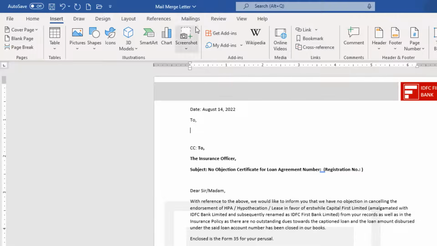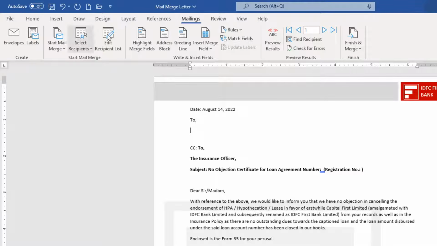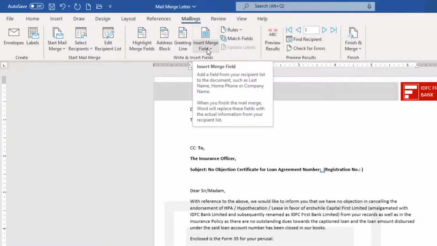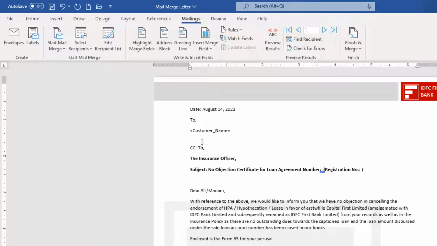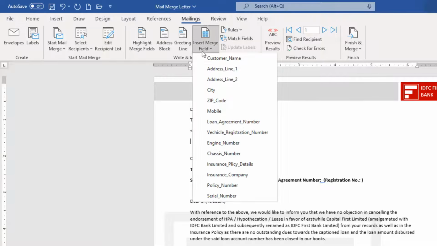So now if you go to the mailings, then you can see that most of the buttons are active now, and from here you will start inserting the fields that you want to display at a specific location inside the letter. So here I want to display the customer name first, so I will click on insert merge field, and here you have the list of all the fields. You just need to simply click here to insert this field into the document. So below that I will insert the address fields,